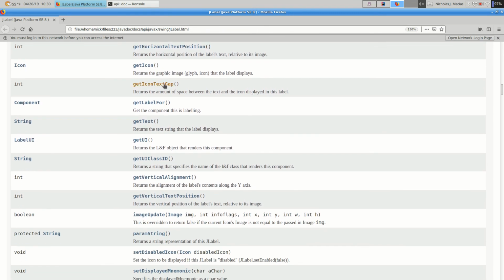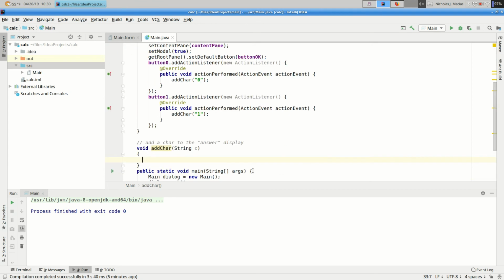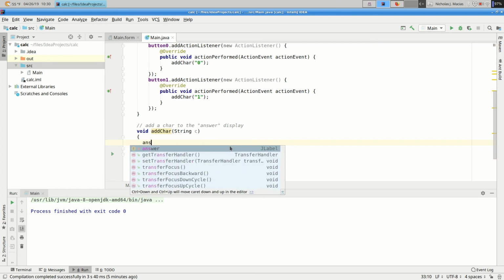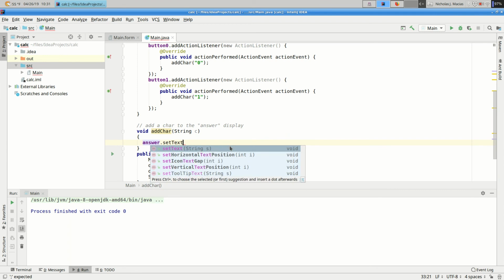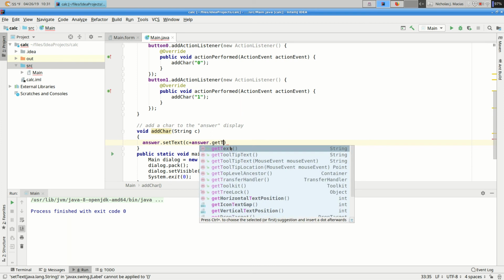So JLabel has a method called getText. Return the text string that the label displays. And it has another method called setText, which takes a string and causes that to be displayed in the label. So to add this character to the string, we could do something like, what's our answer called? answer.setText(c + answer.getText()).